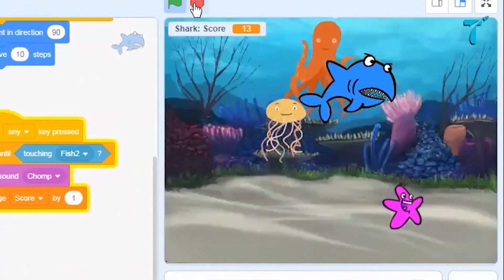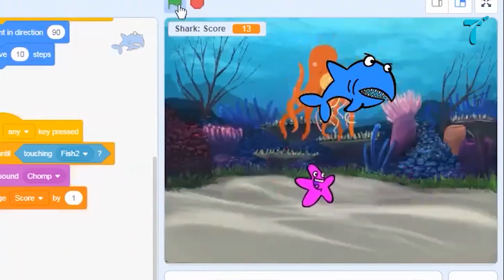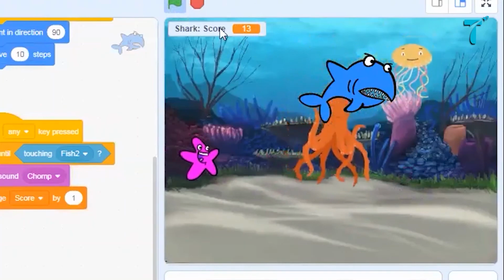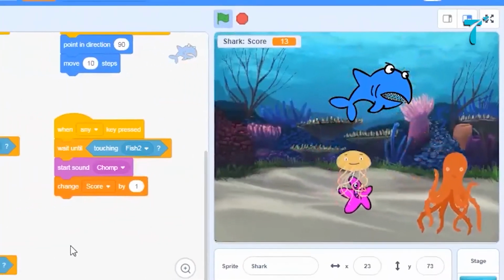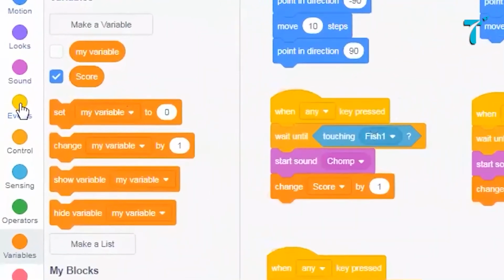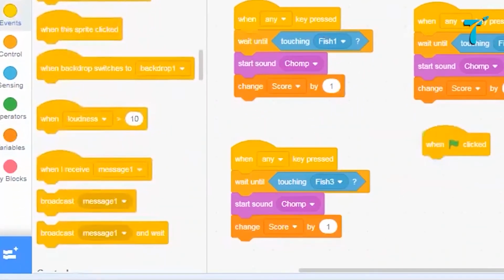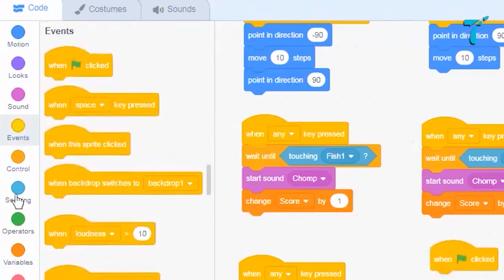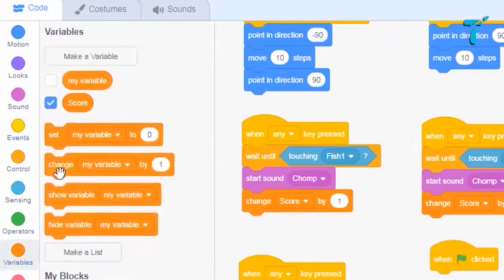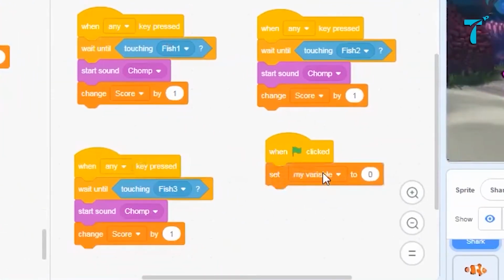So to give it the instruction that when green flag is clicked, the score should get set to 0. So I will give from events when green flag is clicked, what should happen? The score variable should be set to 0.